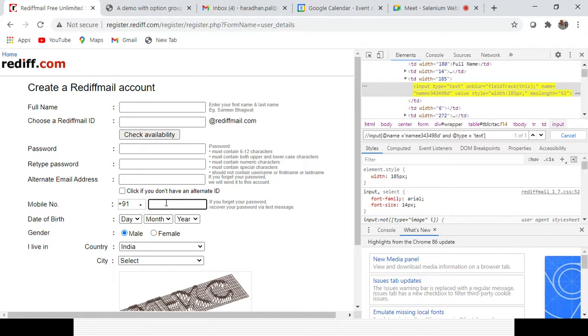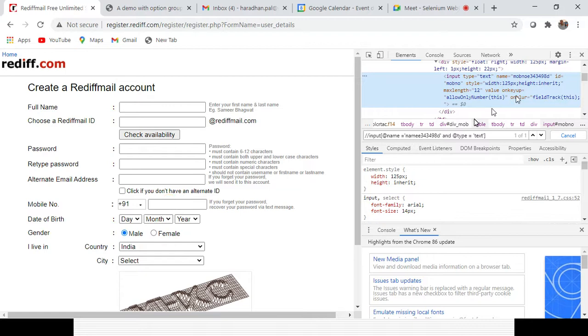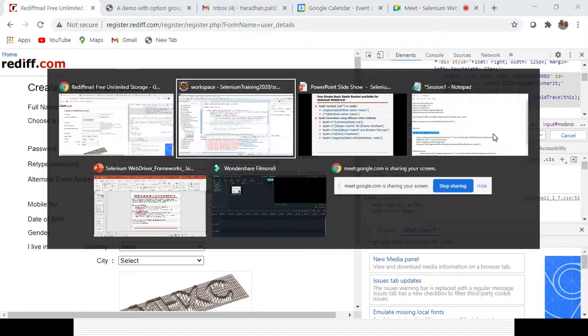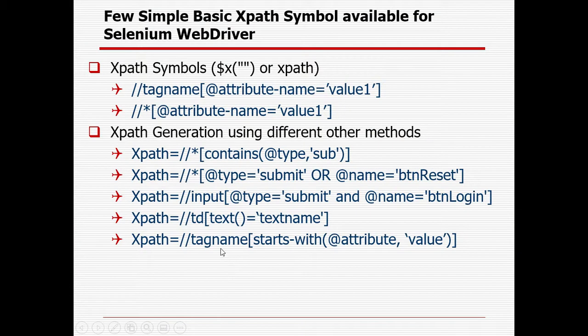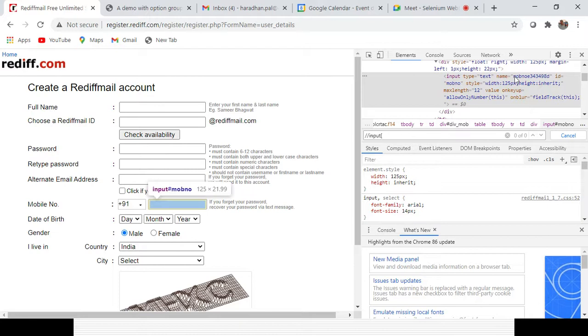If you inspect the element for the mobile number field, you can see a name like mobile number and some digits. The type is input, and I want to create the XPath with starts with, because that particular name has a long number that may change, because for some fields there is one dynamic component and another static component.